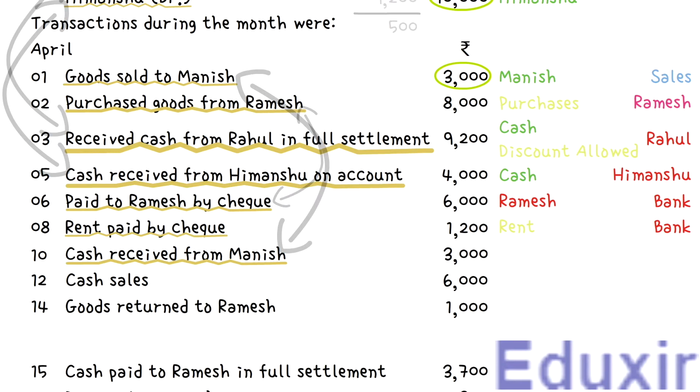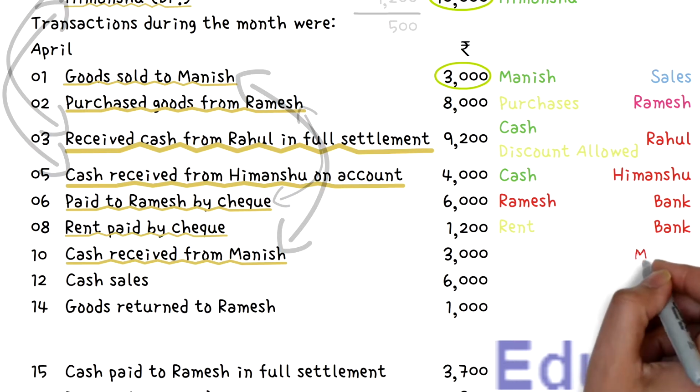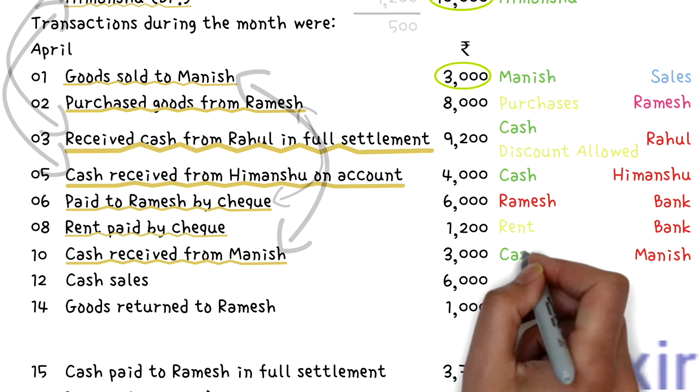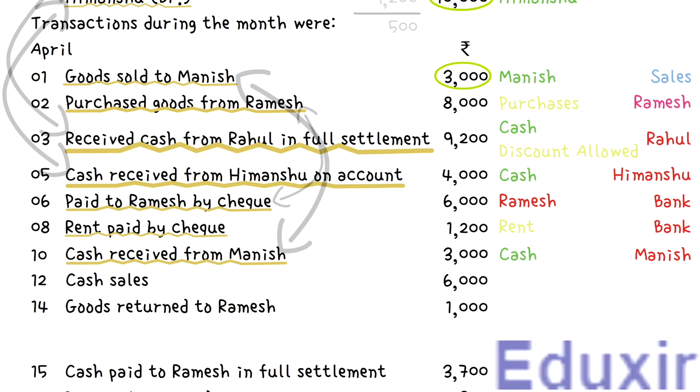So, in this transaction, as the debtor is paying to the business, the debtor asset of the business will be decreasing. The rule to record any decrease in the assets is to credit the corresponding assets account. In this case, the debtor Manish account should be credited. At the same time, as the debtor Manish is paying in cash, the cash asset available with the business will be increasing. The rule to record any increase in the assets is to debit the corresponding assets account. In this case, the cash account should be debited. With this analysis at our disposal, let us now proceed with the generalizing of this transaction.